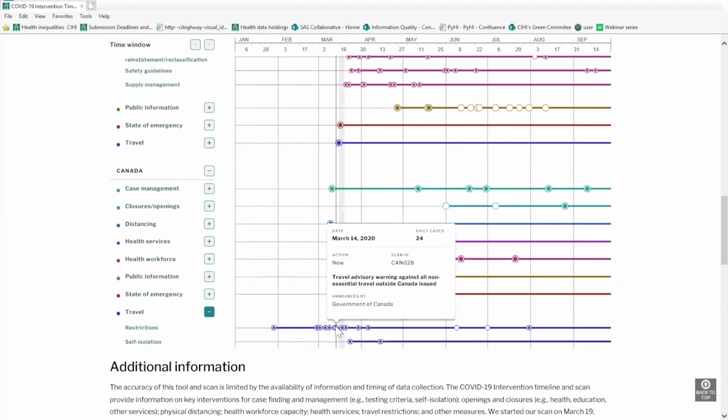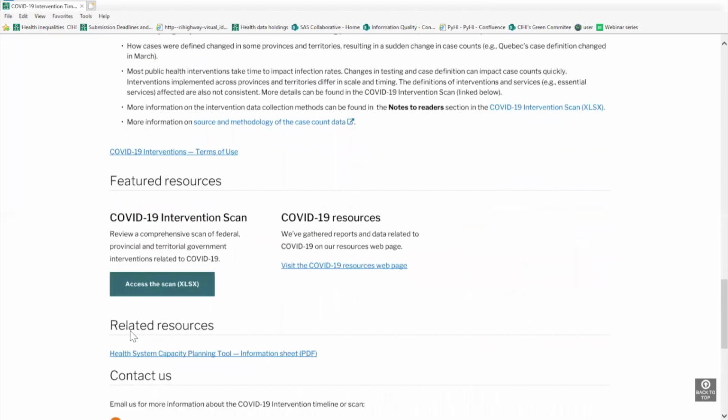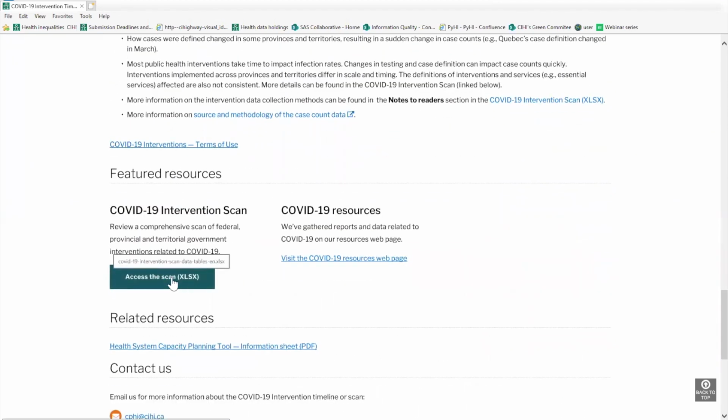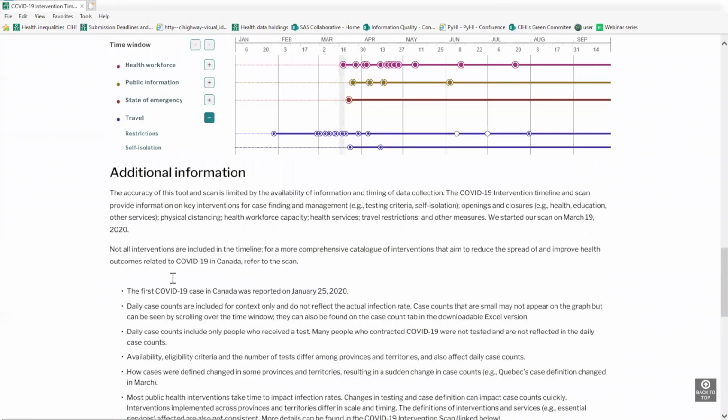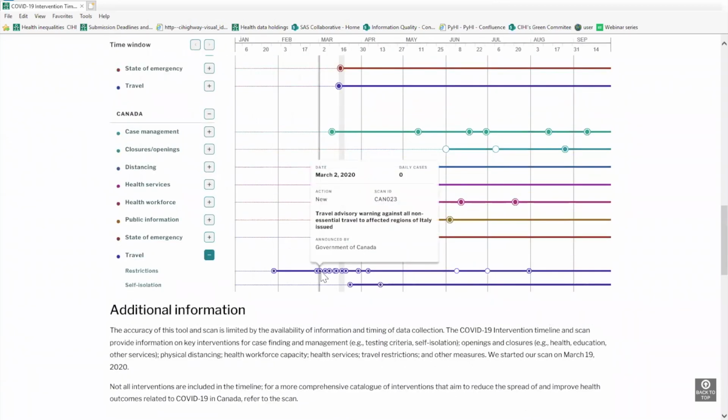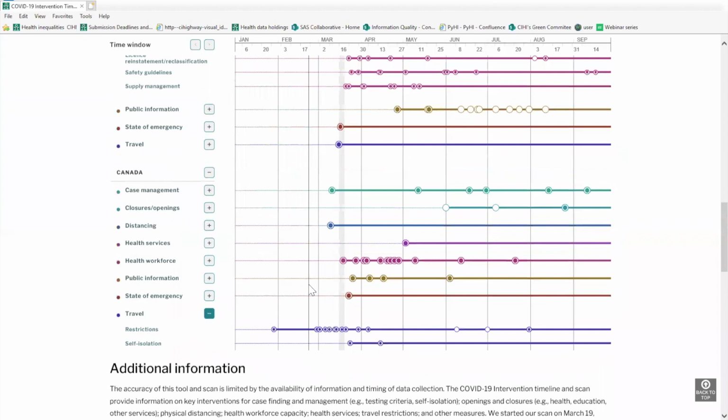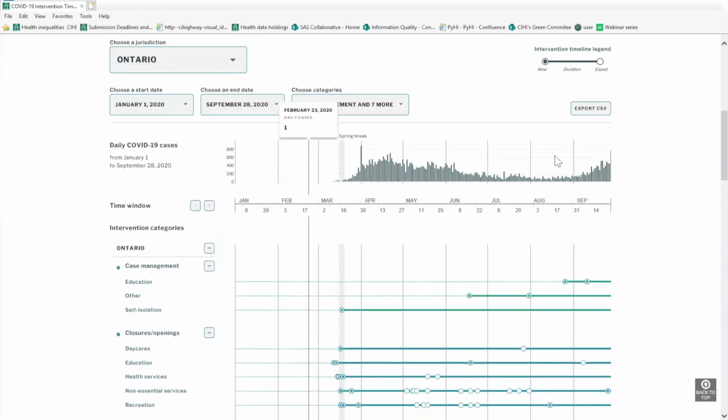And if I wanted to learn more about this particular intervention, you see the number in the middle there under the scan ID, CAN028. I would use that number to go to the comprehensive Excel scan, which we can link to at the bottom here. And I could learn more about that particular entry ID, because in order to display this visually, we obviously had to make some decisions about how long the text could be that we could put in these short descriptions. So the comprehensive scan gives more information. Once you've selected everything you're interested in, you can come up to the top and export a CSV of your data and then have that in your own Excel format.